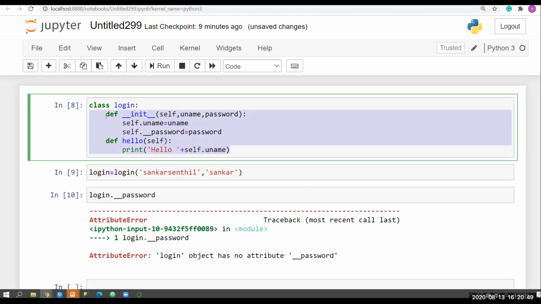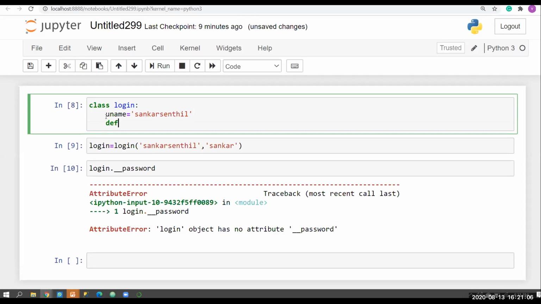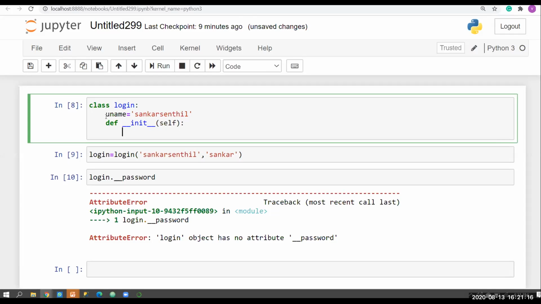I'm going to create a class login again, this time with a class variable: uname equal to some value like Shankar Sandil. Here I create def __init__ and pass self, then a colon, and after that I just pass.